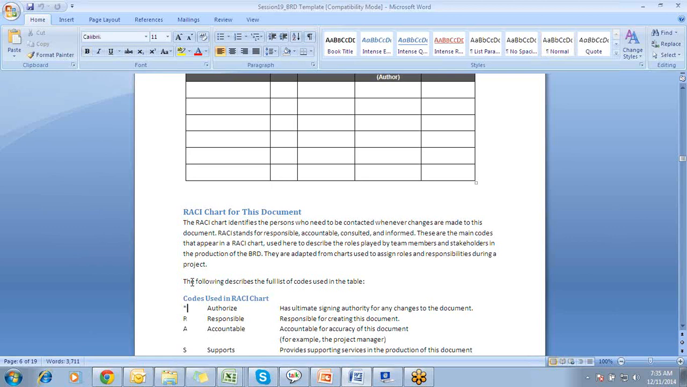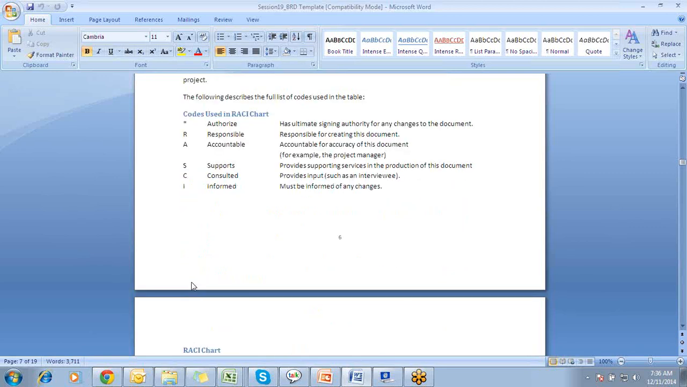now I will show you: the RACI chart identifies the person who needs to be contacted whenever changes are made to this document. So that is the main purpose of the RACI chart. That is, this chart identifies the persons who need to be contacted whenever changes are made to this document. So as we discussed, RACI stands for responsible, accountable, consulted, and informed. So these are the main codes that appear in the RACI chart. The following describes the full list of codes used in the table. So here the codes used in the RACI chart are: